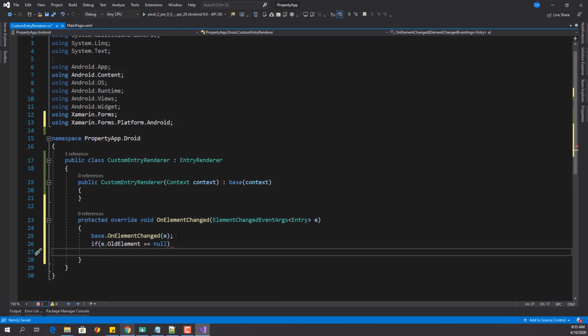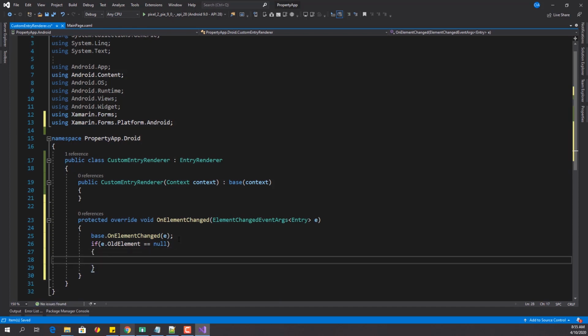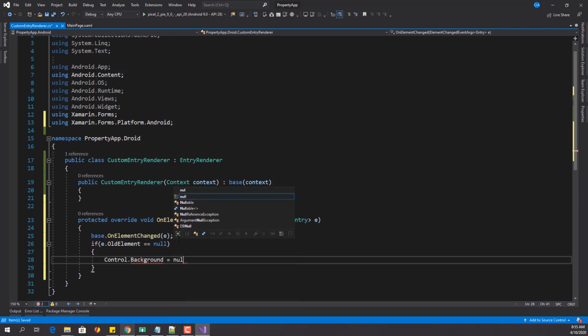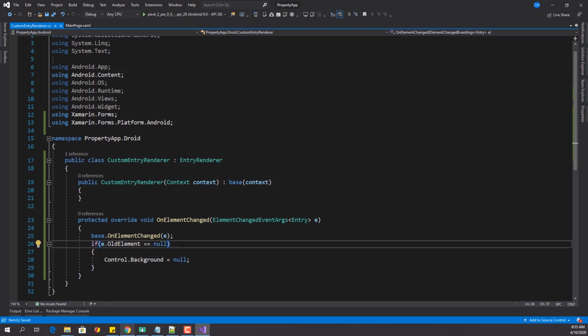If it's not null, just use what we have. So do Control.Background equals null. With this, you will see that there won't be any line or any background in our